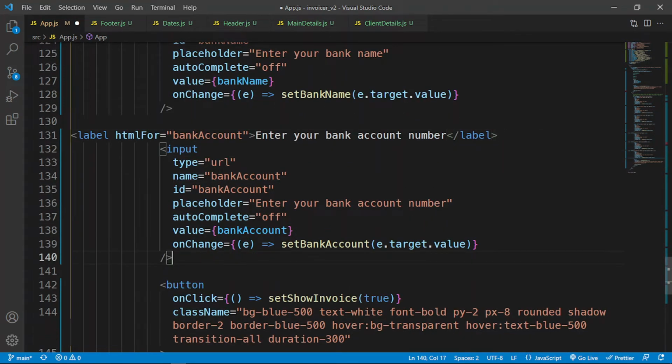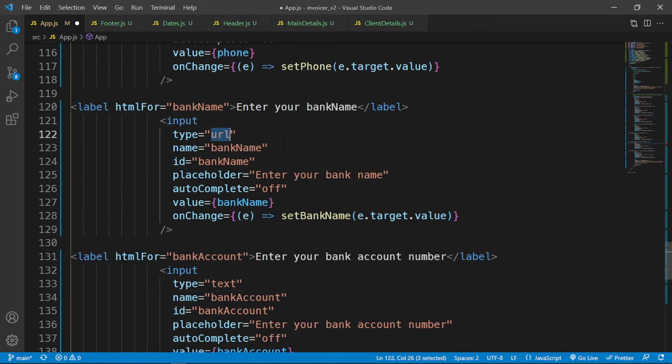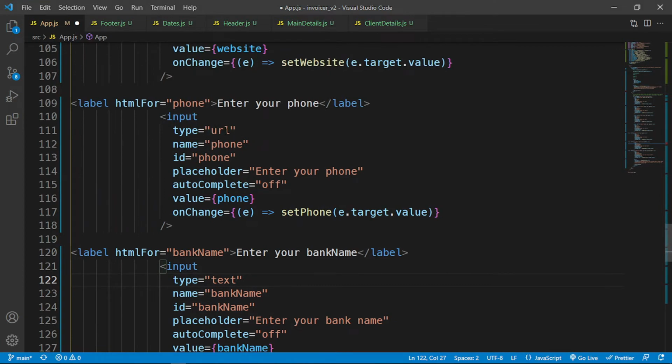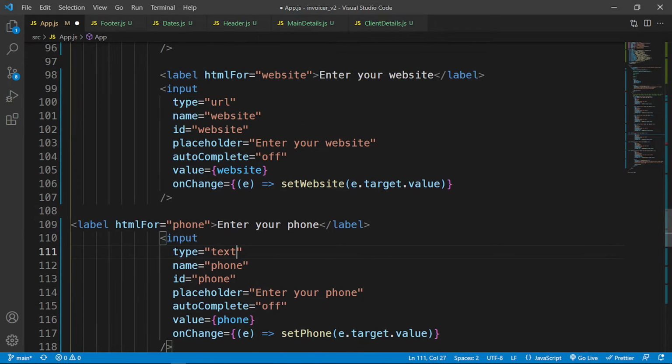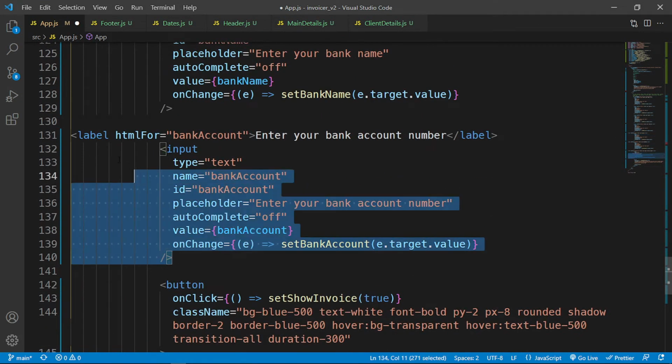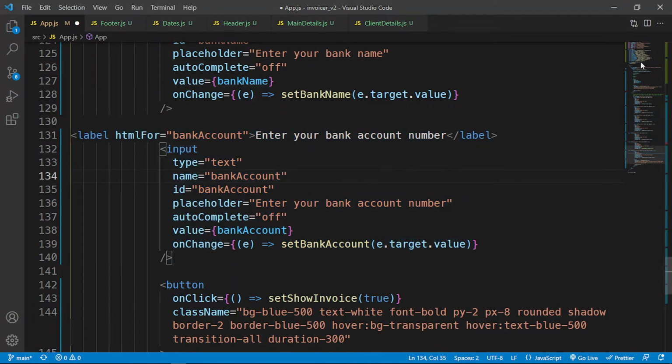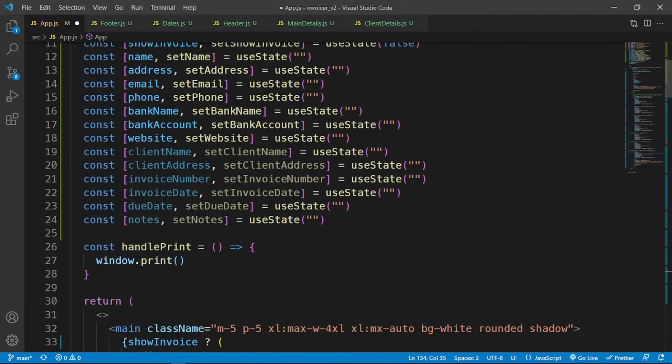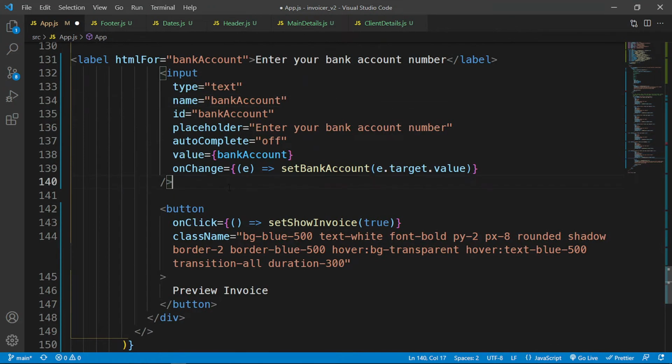Okay, fantastic. And then, oops, mistake. This is a type of text. Okay, don't make that mistake. So copy this. We need our next state value, which is the client name, client address. Okay, so client name,